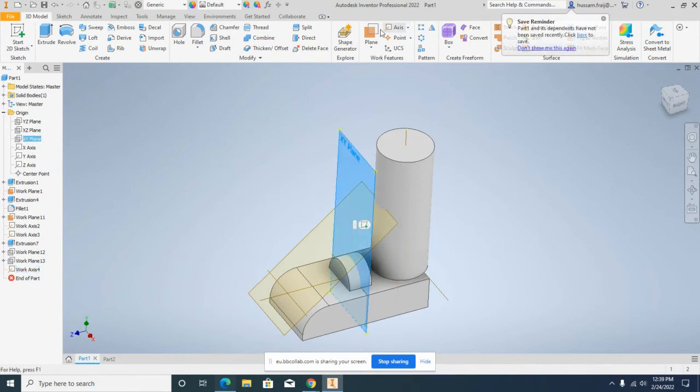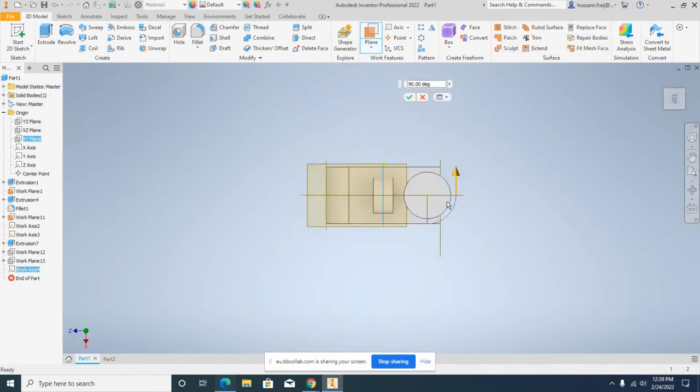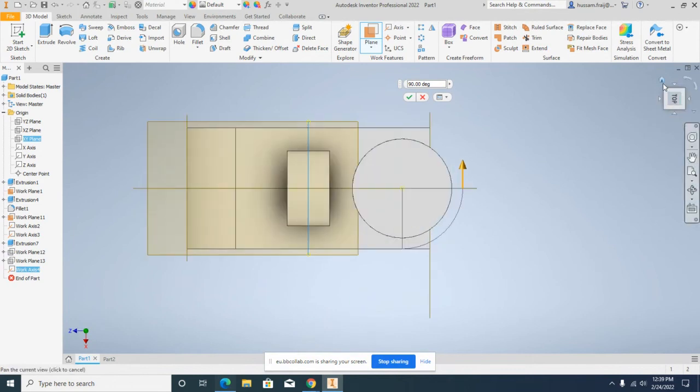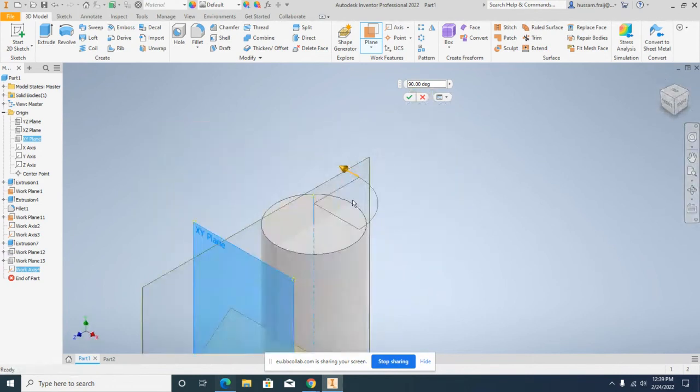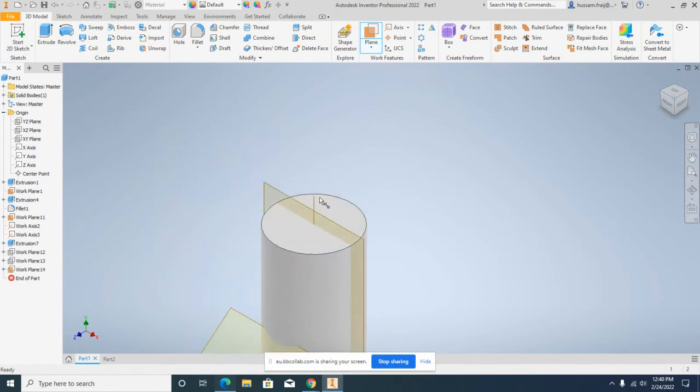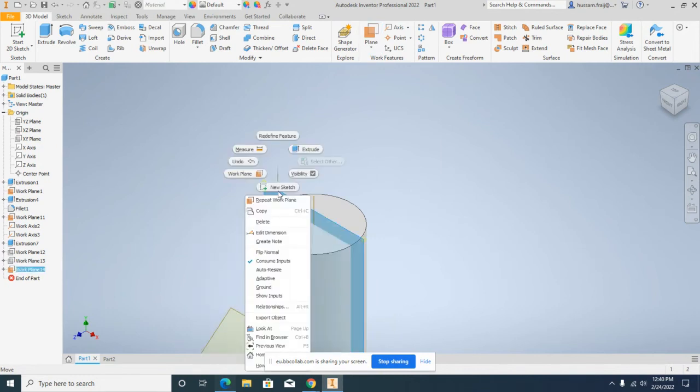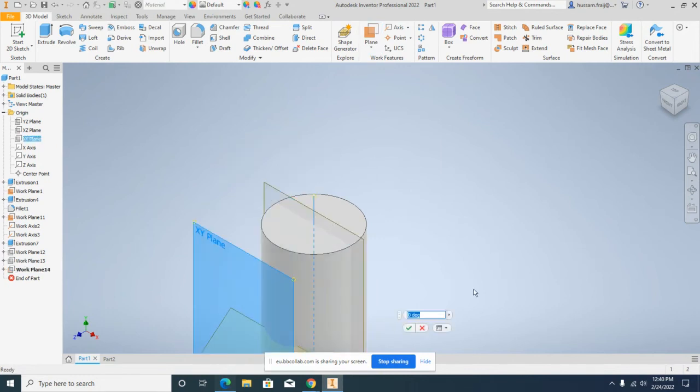Now we can go here, work plane, and click on the work axis. Now you will be able to create a work plane at the middle of the cylinder, and you have the option to rotate it at the angle that you want. You want it to be perpendicular or parallel, so you choose either 90 or 0. If you enter 0, it will be parallel to this work plane. If you go here, right click and edit dimension, and you click on 90, it will be perpendicular to this